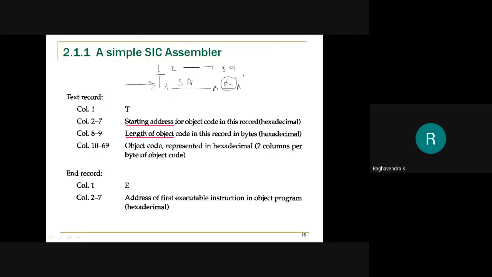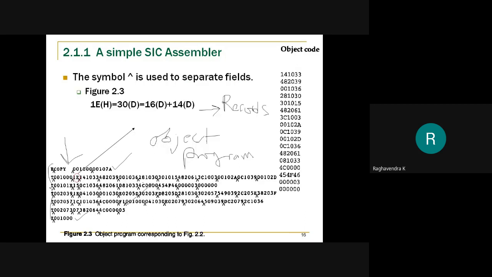Then from column number 10 to 69, we will have the object code that we have generated. This is how our object program would actually look.